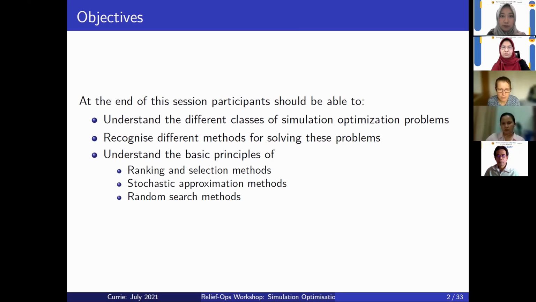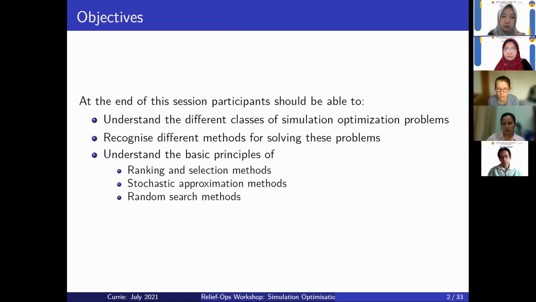We will go into some of those algorithms, so we'll understand the basic principles of what are called ranking and selection methods. As you can tell from the name, ranking and selection methods means methods where you have a discrete set of options, and you are choosing between them. You want the one that's the best, so you will rank them and then select what you want from that ranked list. Stochastic approximation methods, these we will look at as well. These are things like